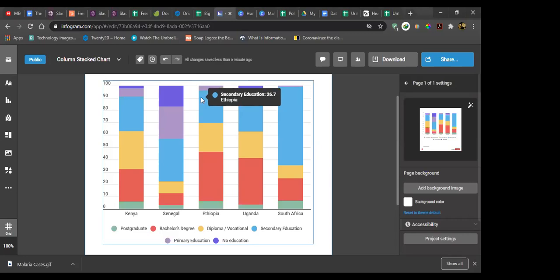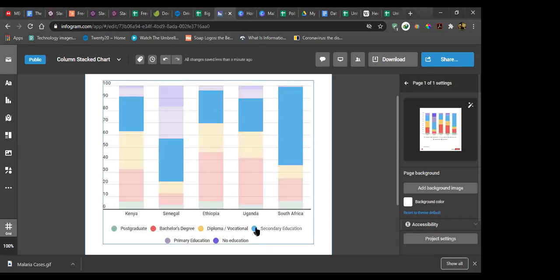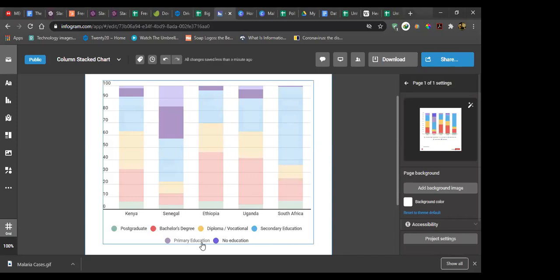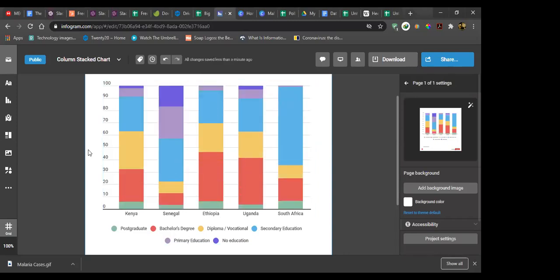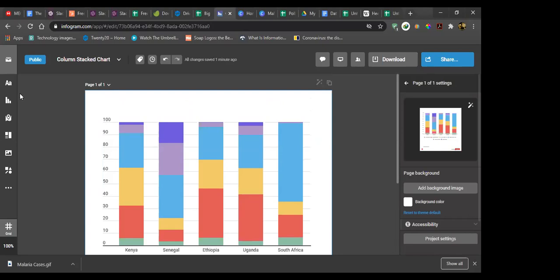And this one is actually more interactive because it gives you everything you need. You just hover over it and it simply gives you that, or you can hover over them out here to illuminate where they are, like education, primary education, bachelor's degree. Now, as I said earlier, this one is a payable one, and of course,